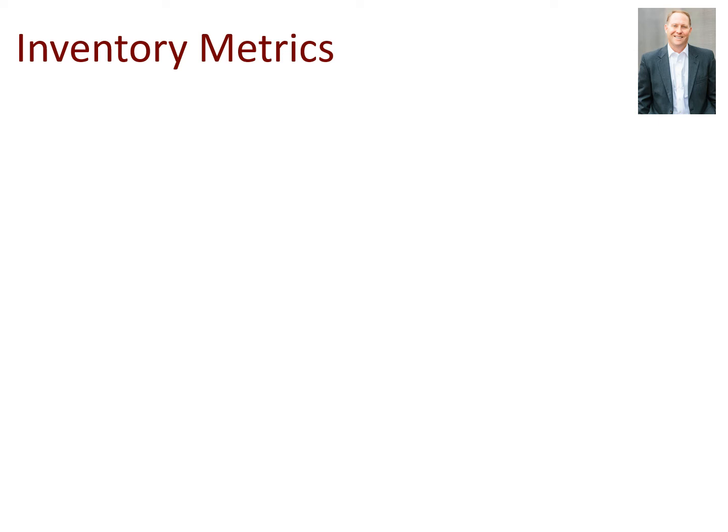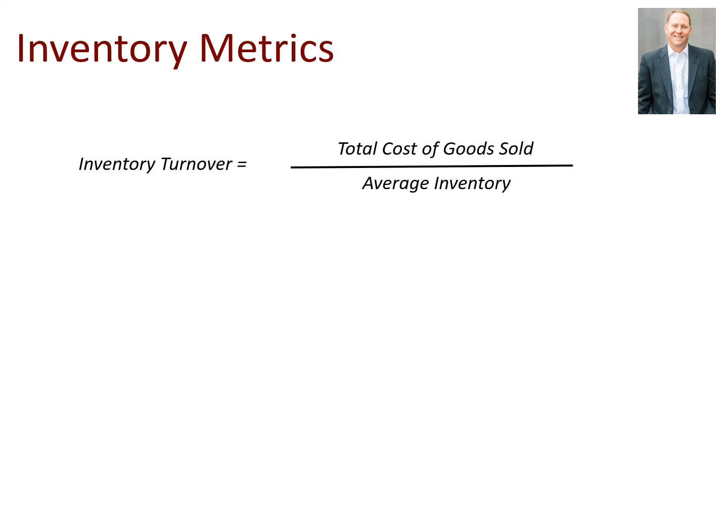The first metric we're going to consider is inventory turnover, or inventory turns. Here we're going to take our total cost of goods sold and divide that by average inventory. Now we're making an assumption here that all of our cost of goods sold goes through our warehouse, or that we're using direct sales potentially to help benefit this number,